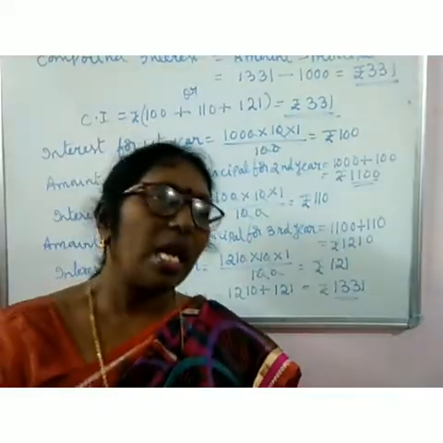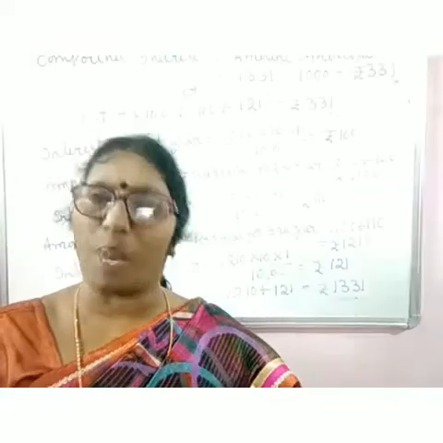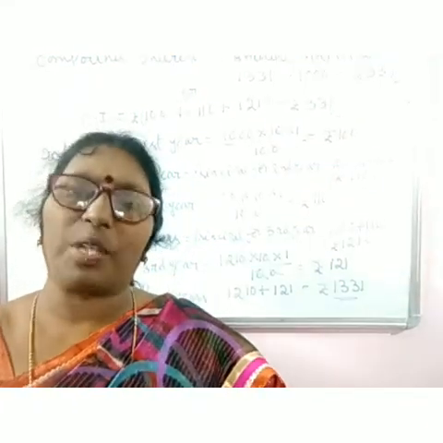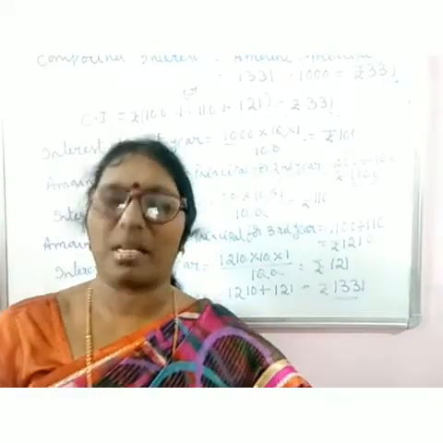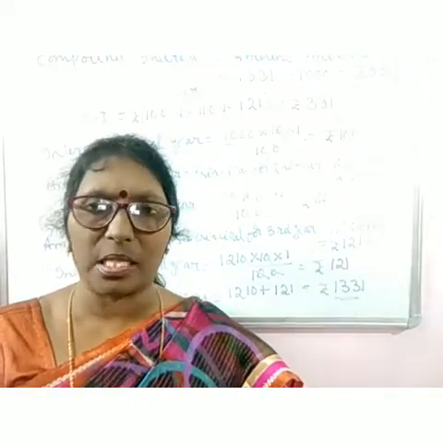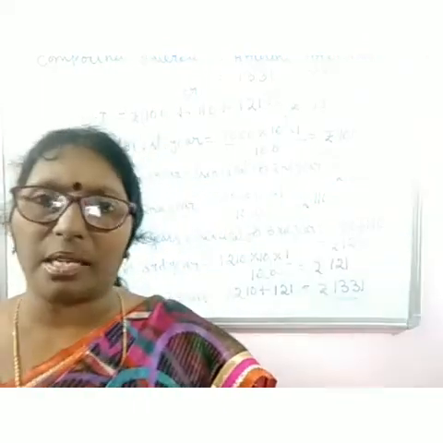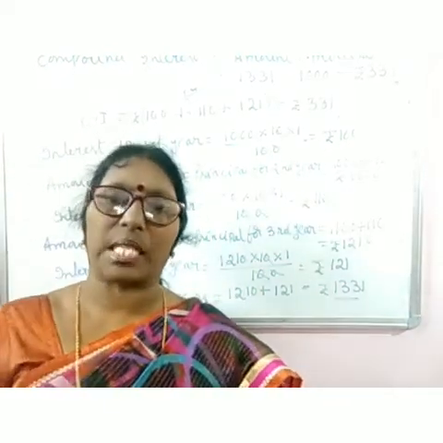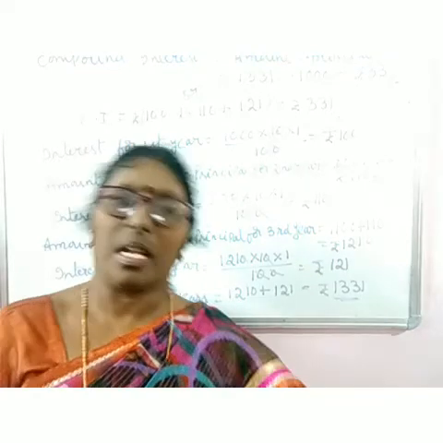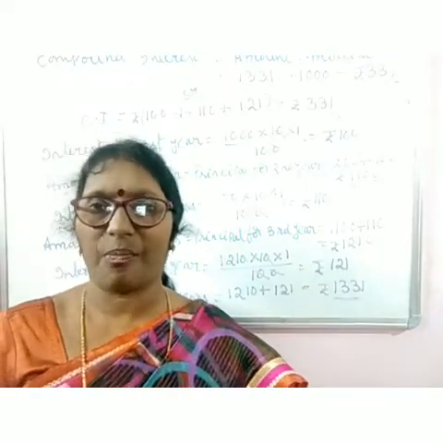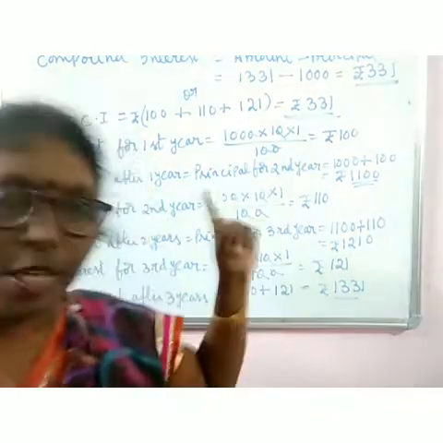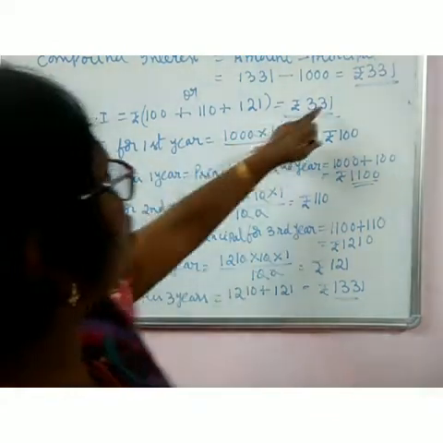And similarly, if the interest is calculated quarterly, then you have to divide the time into quarter years. 1 year has got 4 quarters. So if the time is 1 year, 1 year has got 4 quarters. For the first quarter, for the second quarter, for the third quarter, like that you have to calculate. Okay, I hope let me explain you. Okay, so compound interest you got this one.